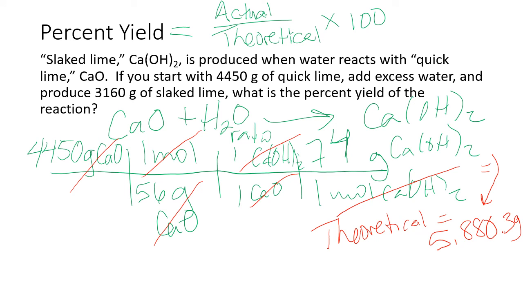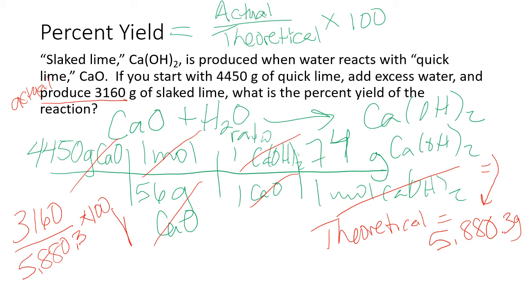Okay, so now I need to set it up into our equation here. They gave me how much I actually produced. This is the actual. So I'm going to take my 3,160 divided by 5,880.3, multiply that by 100, and I end up with,